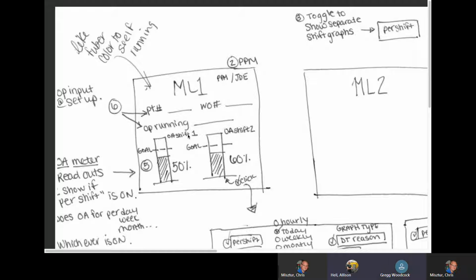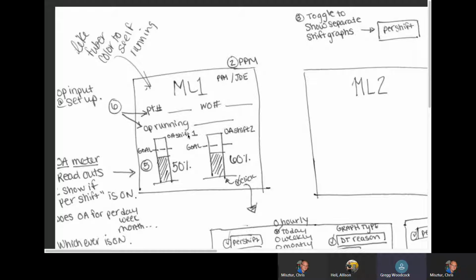And then same thing for item number 2, the PPM in the top right corner. That's the parts per minute that the machine is currently running at. Yep. So they're interested in seeing that. The other option, what's the